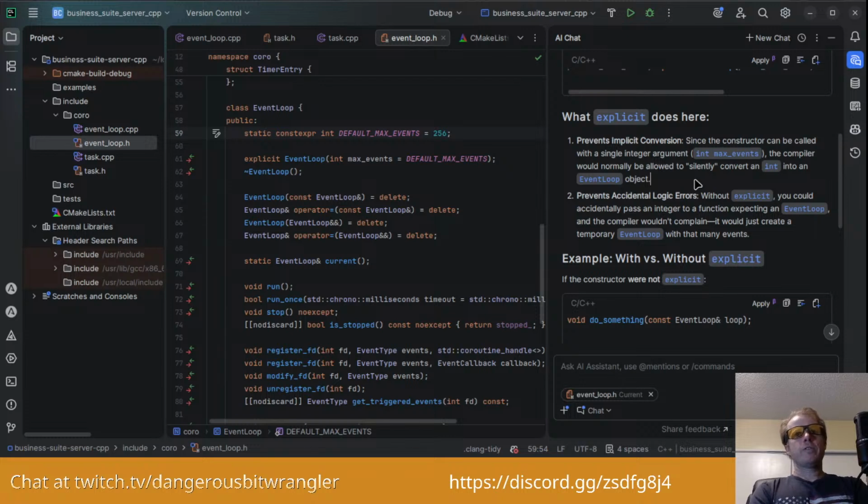So it prevents accidental logical errors. Without explicit, you could accidentally pass an integer to a function expecting an event loop, and the compiler wouldn't complain. It would just create a temporary event loop with that many events.